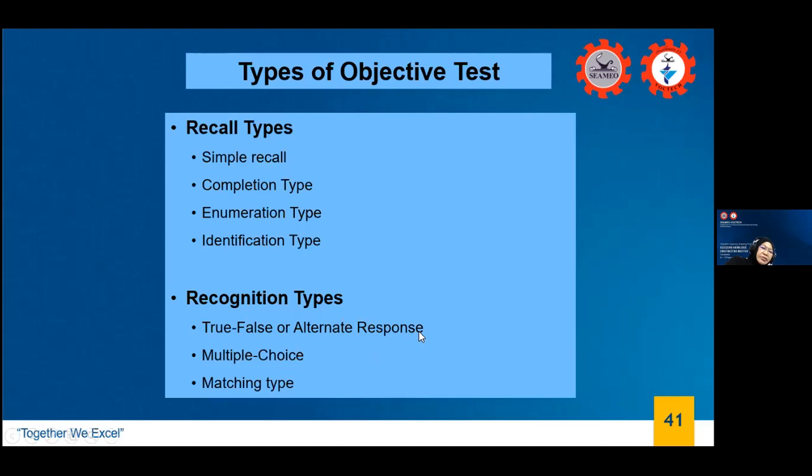Everyone, do you know alternate response? Hello? Do you know alternate response? Yeah, this one we got it, true or false alternate response. You know this, huh? Yeah, I got it. No, when I say you got it, I want to know whether you know how to use it and how to do it. Yeah, I know how to do it. This one I understood. Okay, good. And what about the others?